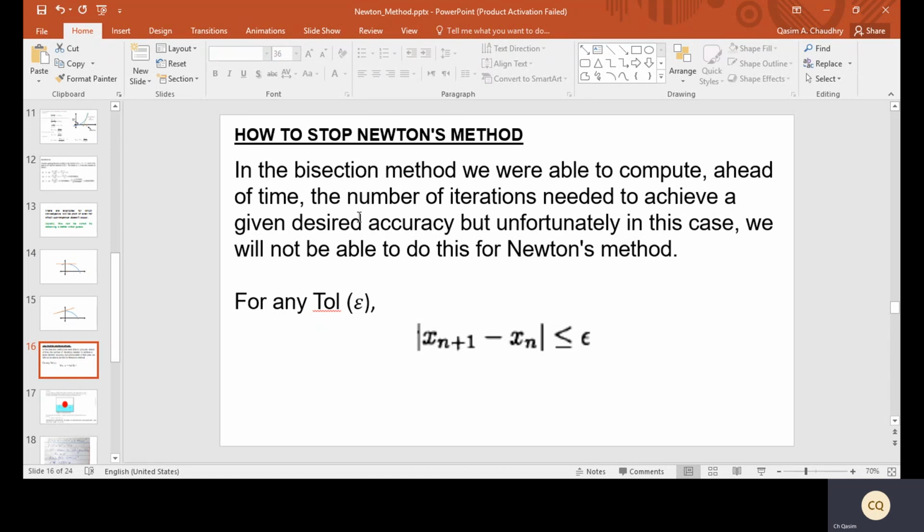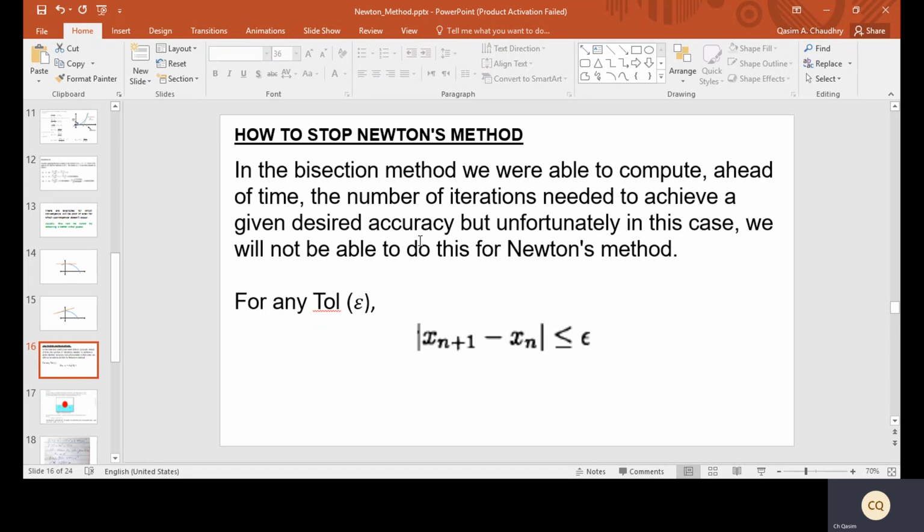So that's why I have written here that in the bisection method, we were able to compute ahead of time the number of iterations needed to achieve a given desired accuracy. But unfortunately, we will not be able to do this for Newton's method. तो लिहाजा बेटा कहने को तो ये एक ड्रॉबैक समझा जा सकता है, लेकिन